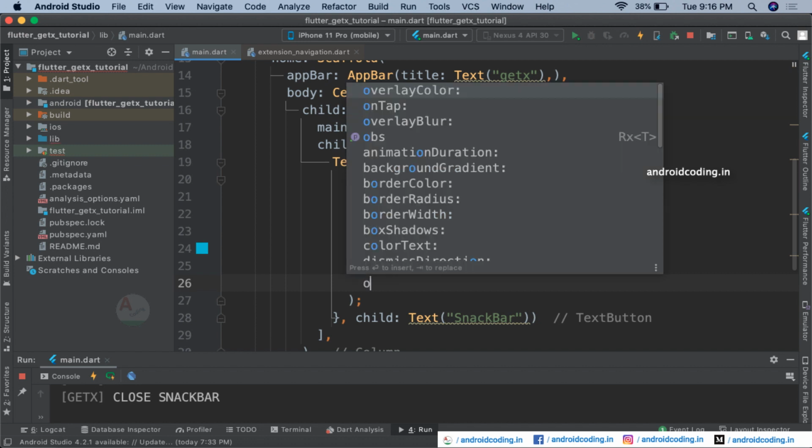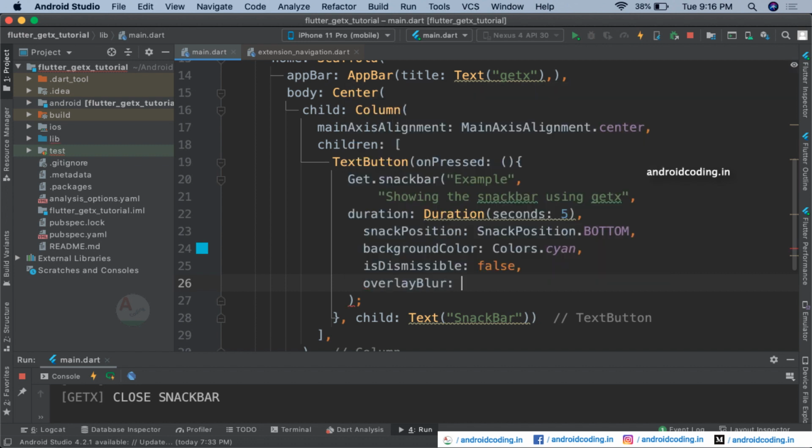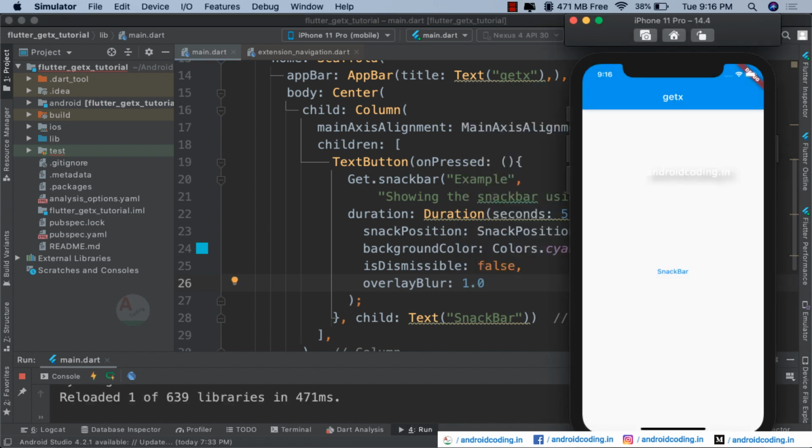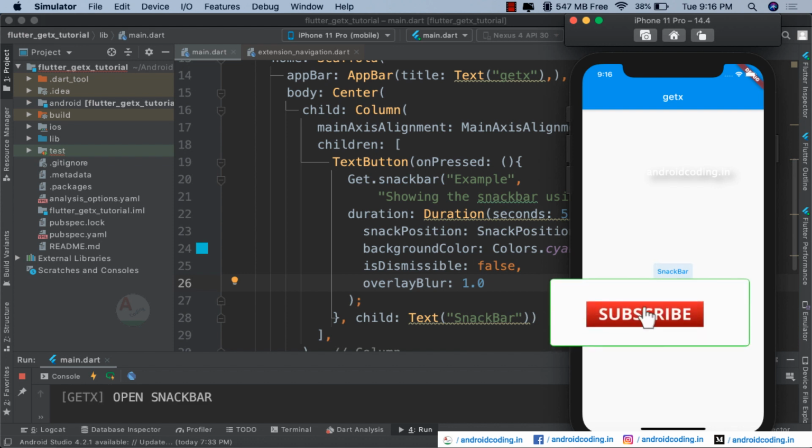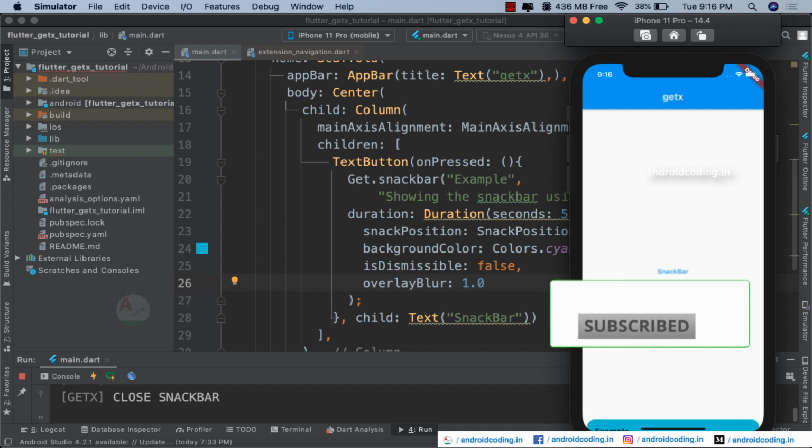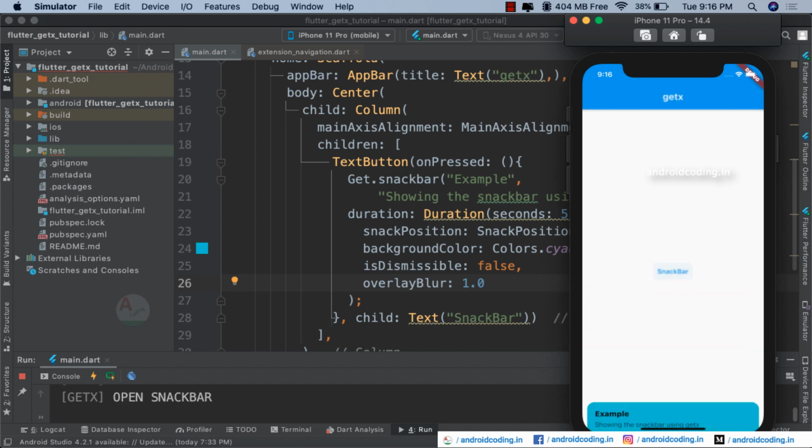What overlay blur does is, you can specify opacity here. Now let us try. Here you can observe the screen, the title, the name of the button, snack bar, and when your snack bar is visible, you can see it's somewhat blurred.